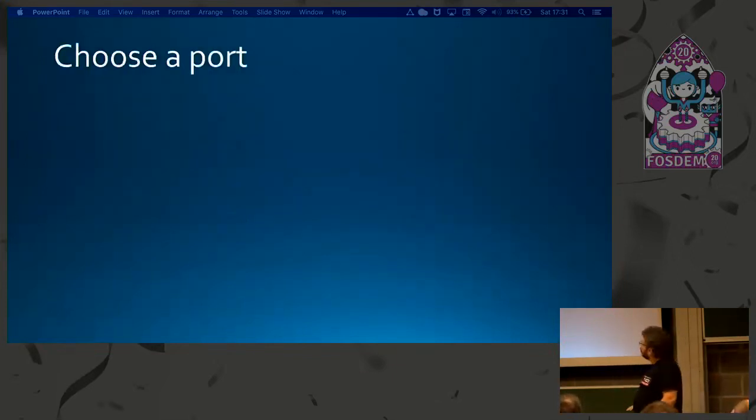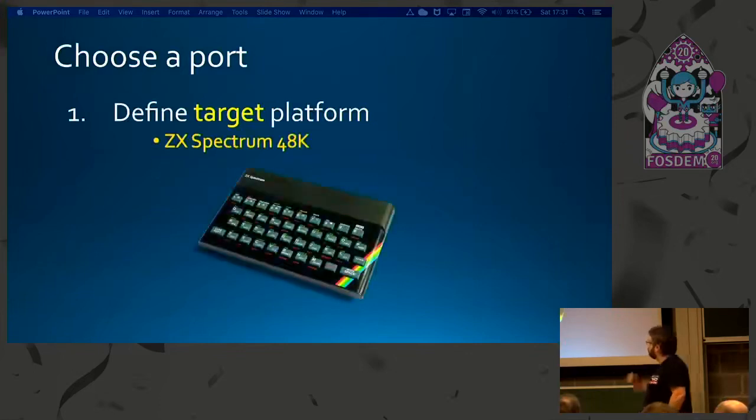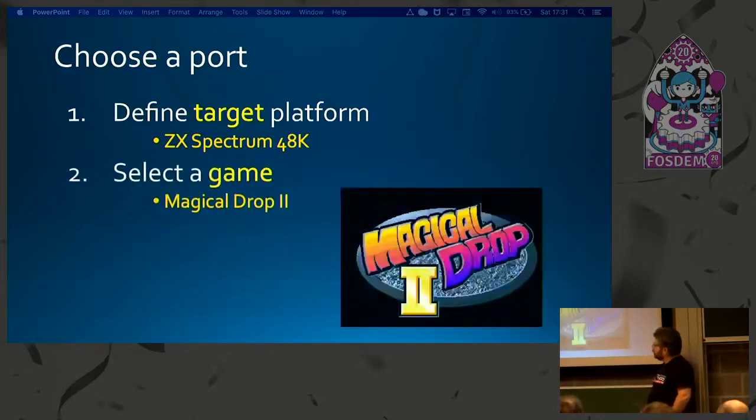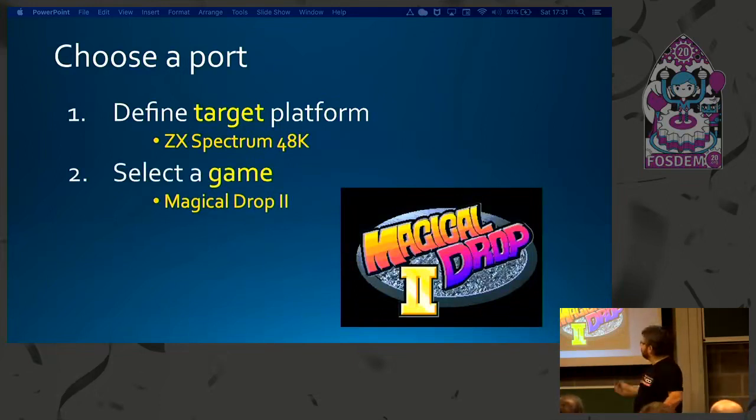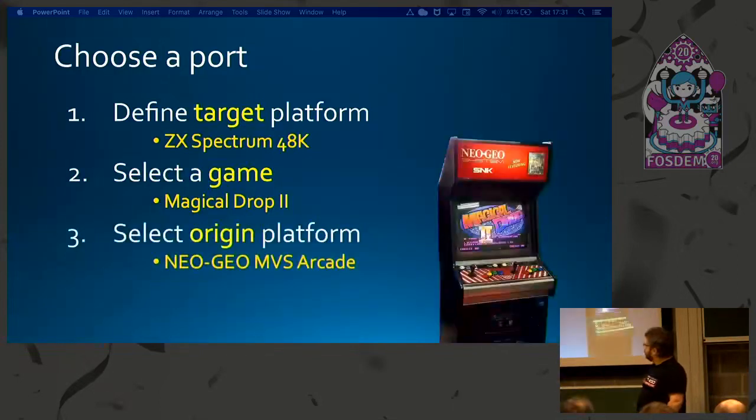Okay, so how do you choose a port? The first thing you need to decide is what's your target platform. In this case, I chose a ZX Spectrum 48K. Could be anything else, but this is the one I chose. Then you need to select a game, whatever game fancies you, okay? Probably something you like to play. And then you need to select an origin because that particular game can have been implemented in several other platforms,